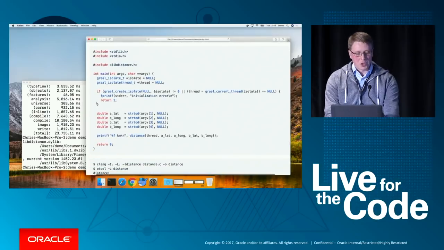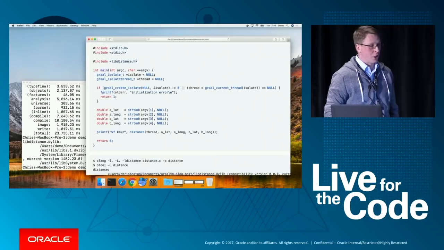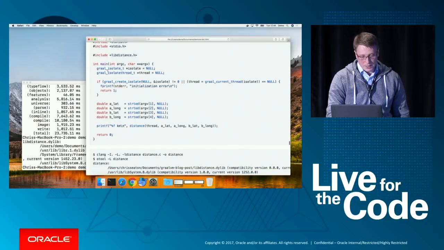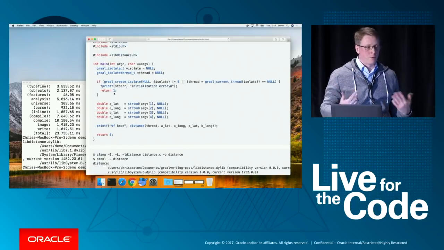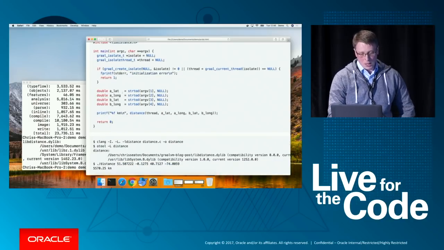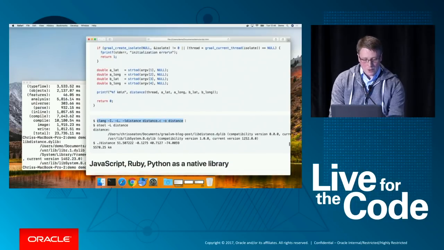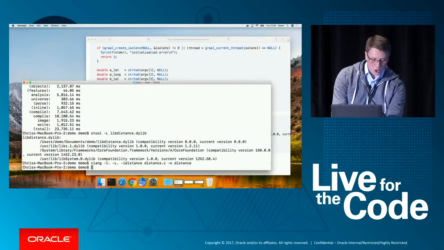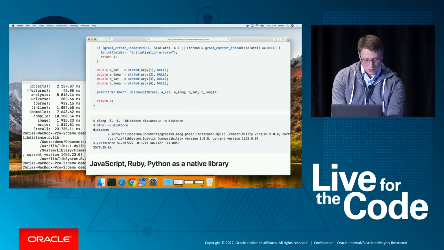And now I can write a C application to use that. So it automatically produces a header for you, libdistance.h. That's automatically generated with the same signature. I set up a few things. So I create an isolate. I create a thread. This gives you the option to do things such as have multiple versions of the library and the Substrate VM running at the same time, kept separate. And it passes from the command line and it runs that code. So I can compile this driver application using my standard version of Clang. And I say I want to link to that lib distance,